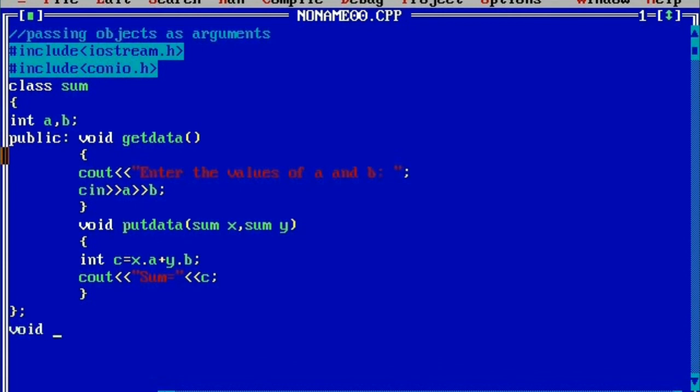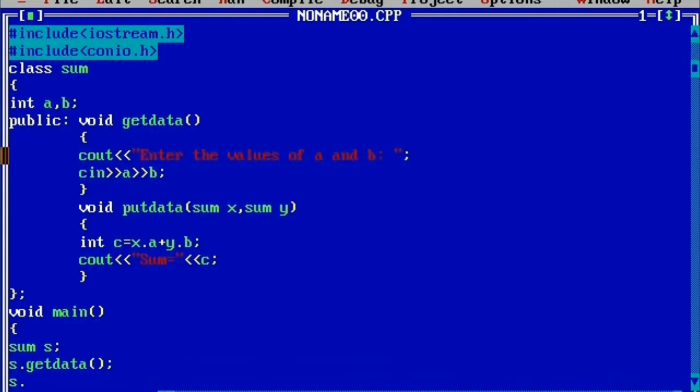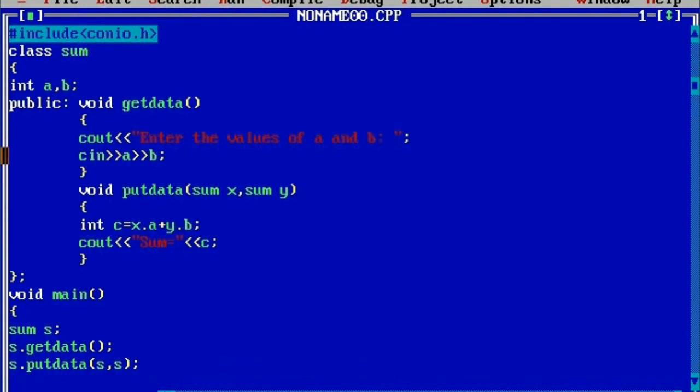So now we will define the main function. Here we are going to create the object of this class sum. I'll name the object as s, put semicolon, then s dot, I will access first getdata, then I will write s.putdata, and here we are going to pass two arguments, that is the first argument is s, the second argument is also s, and round brace, curly closing brace.